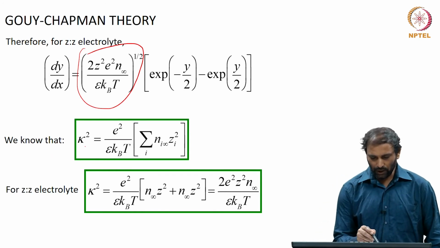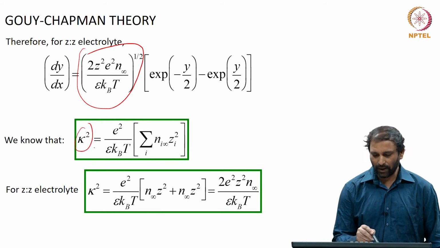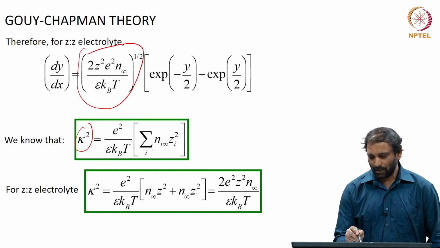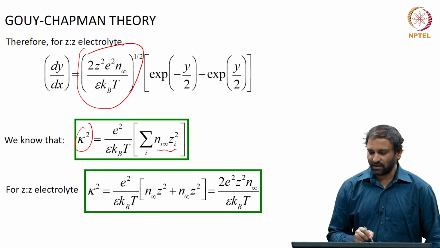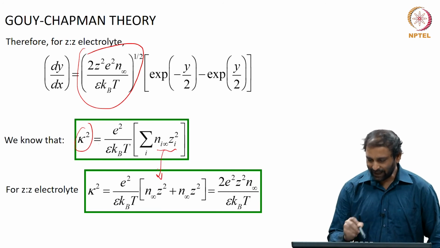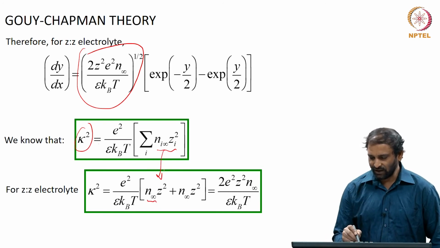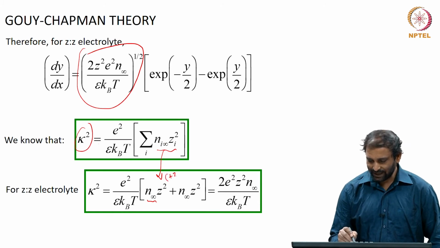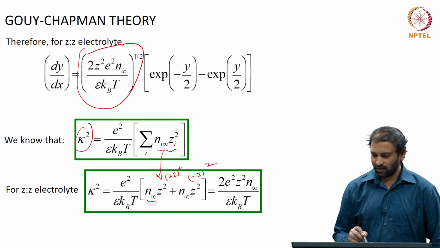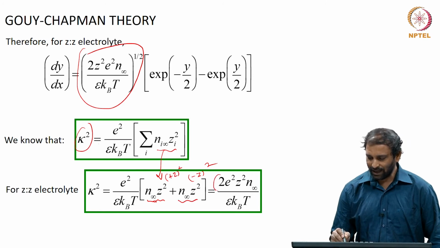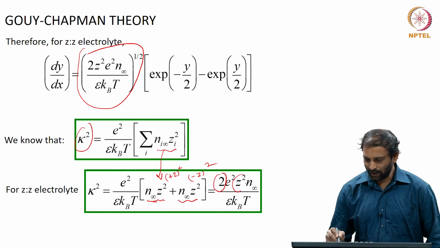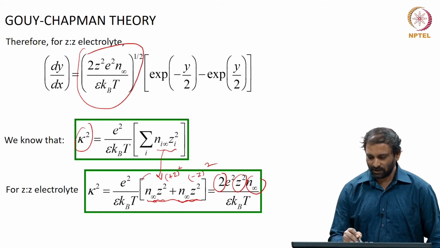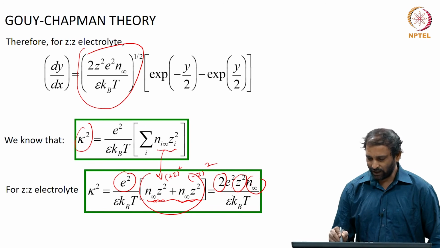Now, if you take a closer look at this expression, it turns out that you can relate that to the kappa. So, what we know from the definition of kappa is that kappa square is equal to e square divided by epsilon kbT multiplied by summation of i ni infinity into zi square. Now, because we are considering z is to z electrolyte, I can write this as n infinity times plus z whole square, plus n infinity into minus z whole square. Therefore, I will have 2 times z square into n infinity that comes from the term in the parenthesis,